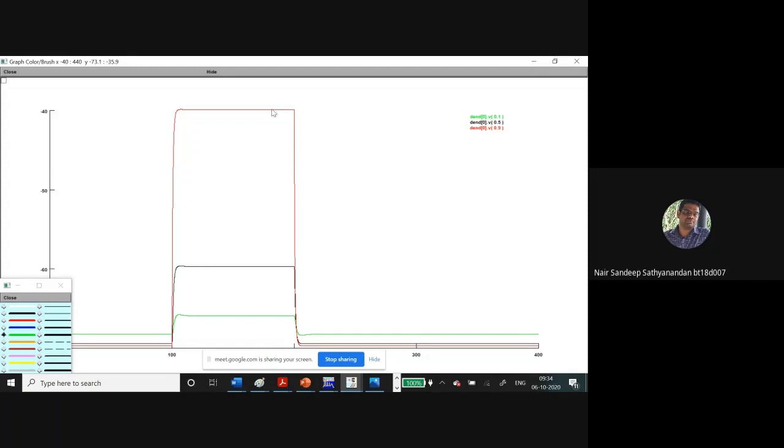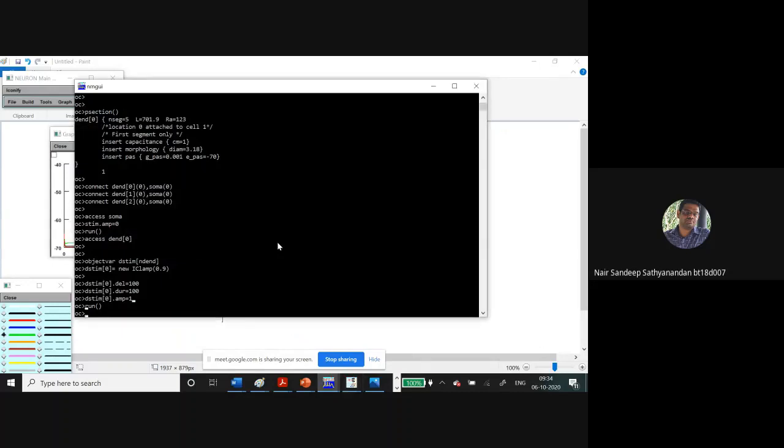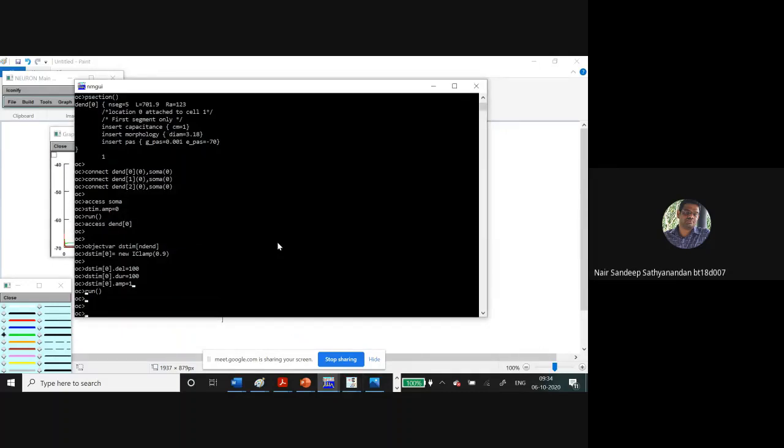So where the stimulus is given, the potential is quite high, and as it travels all the way along the cable, the potential keeps on reducing. So now we can check the impact of the other dendrite also. For the time being, let me reduce the stimulus back to 0.